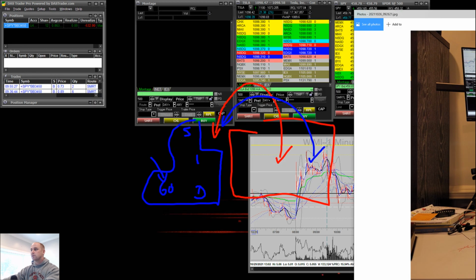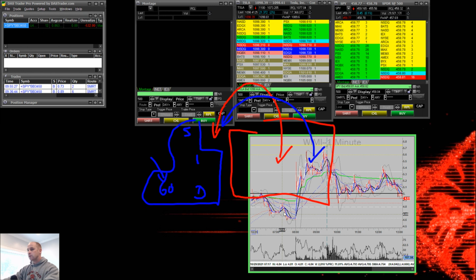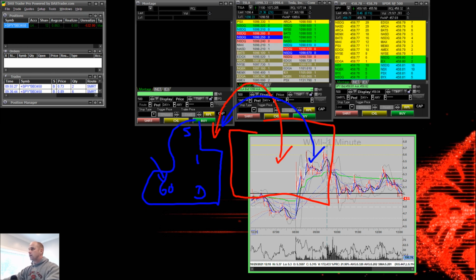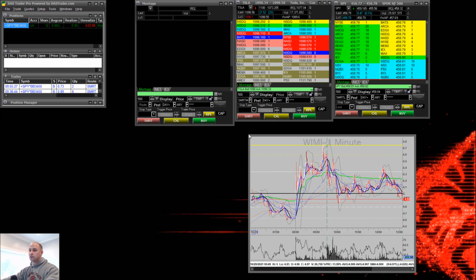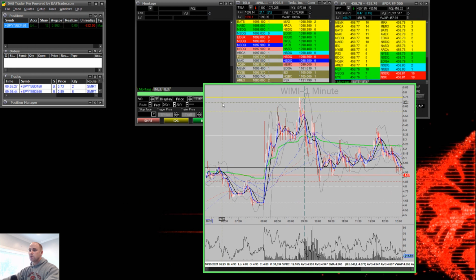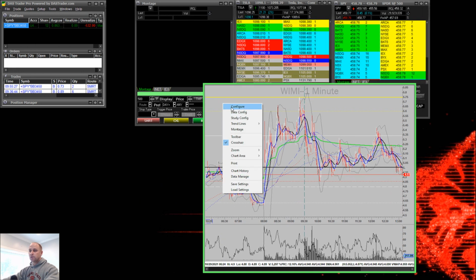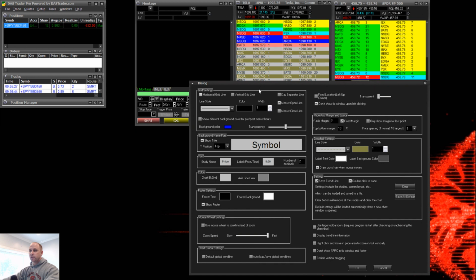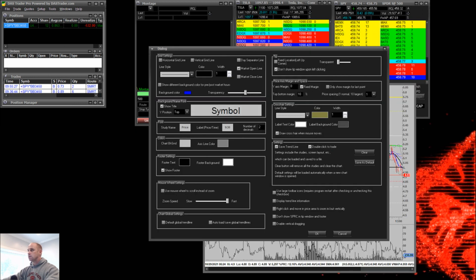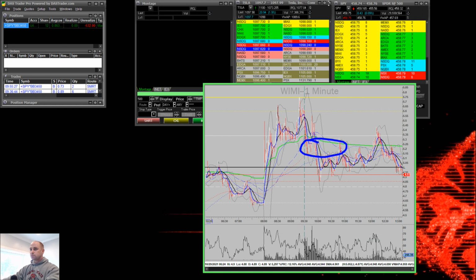So I'll show you guys how the double-click feature works, because it's very important based on the way I trade, and I'll address it again later as I construct this. When you right-click on a chart, you can configure, right? And if you click configure, there's an option in here that says double-click to trade. If I double-click on a chart somewhere that is,